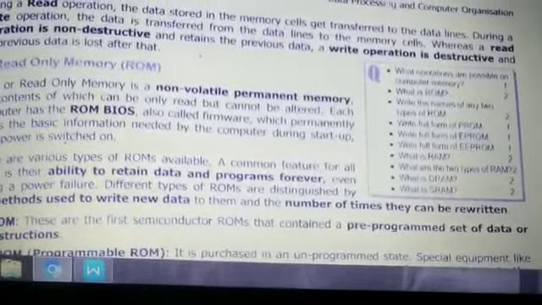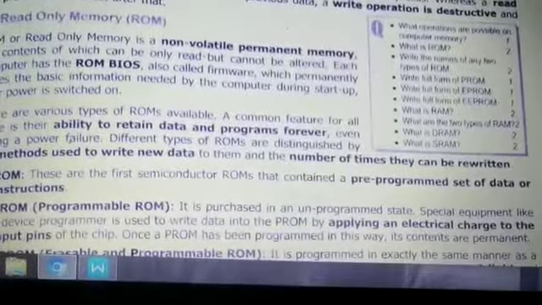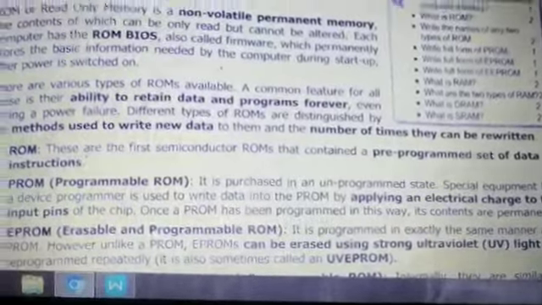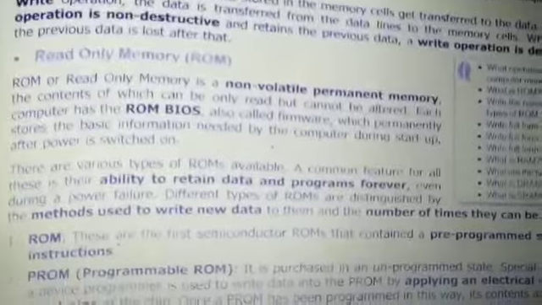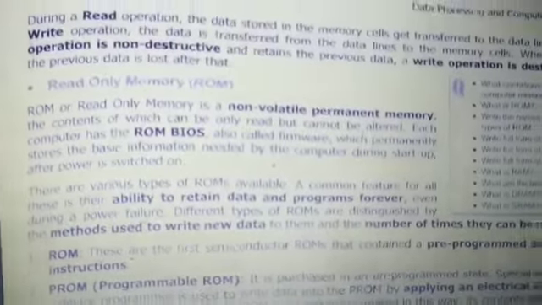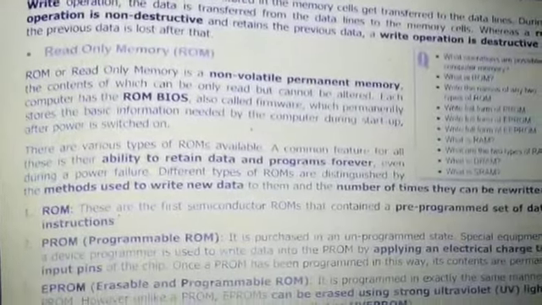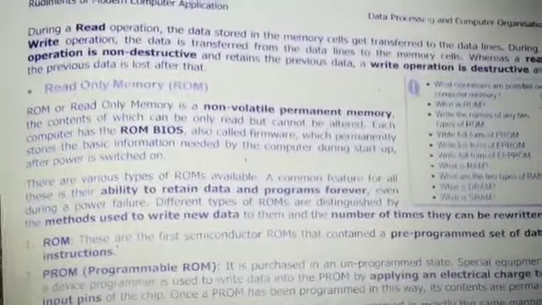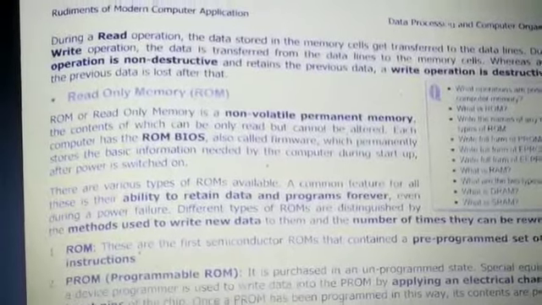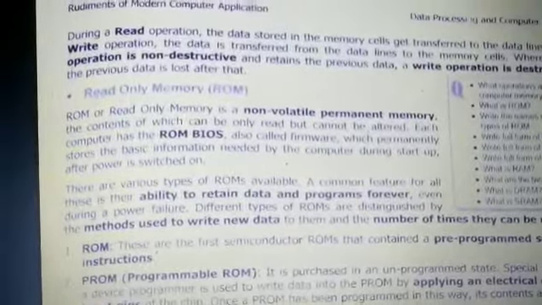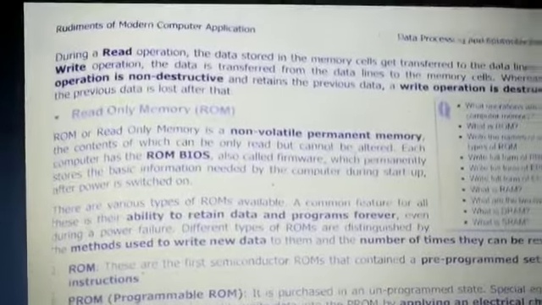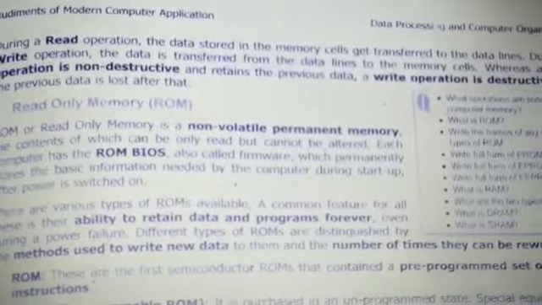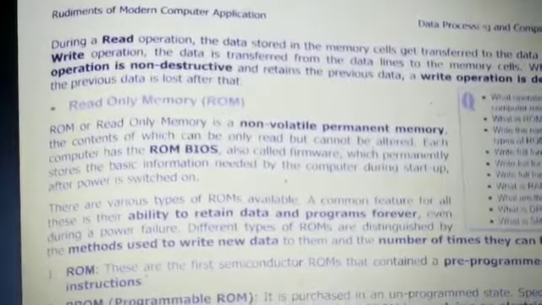Now we will explain the primary memory in detail. First we explain read-only memory. Read-only memory is a non-volatile memory. Why non-volatile? I have explained earlier that it will hold the information permanently. If you switch off the system, it will still hold the memory. This kind of memory is required in case of BIOS. So what is the use of the BIOS?